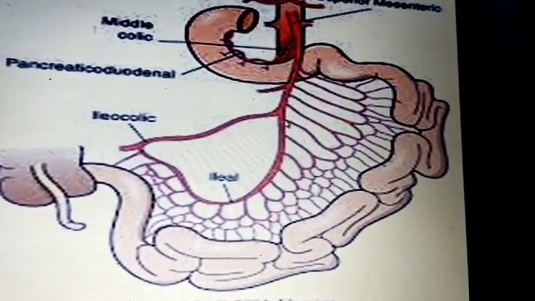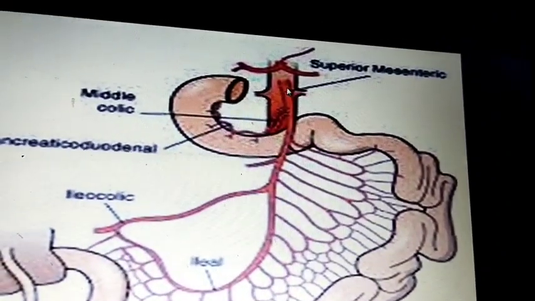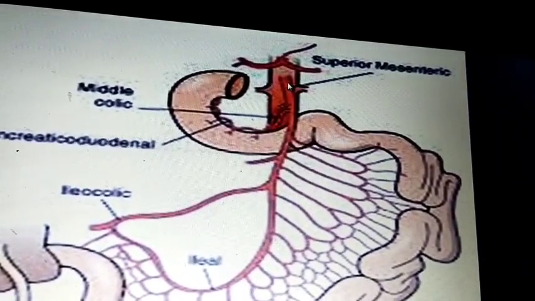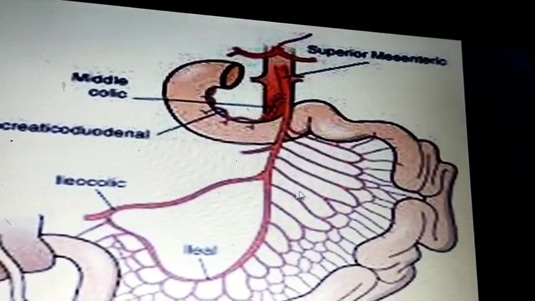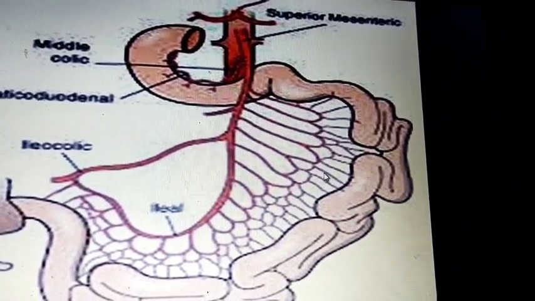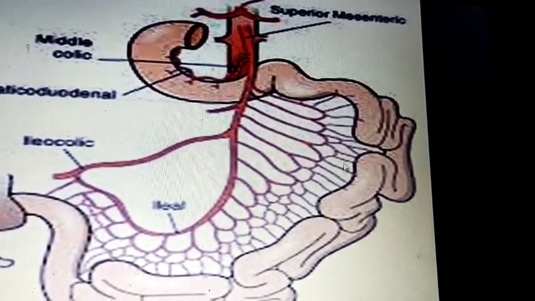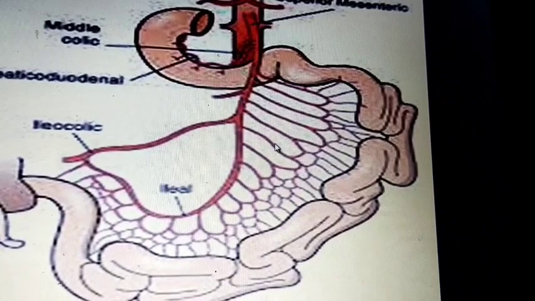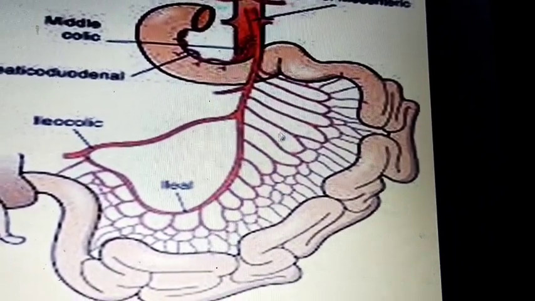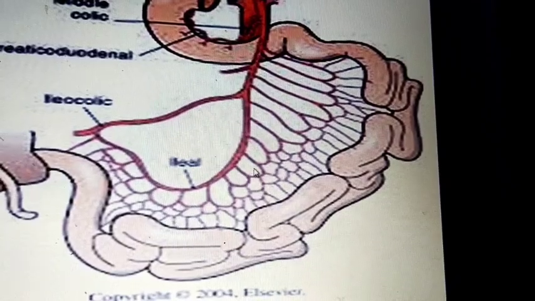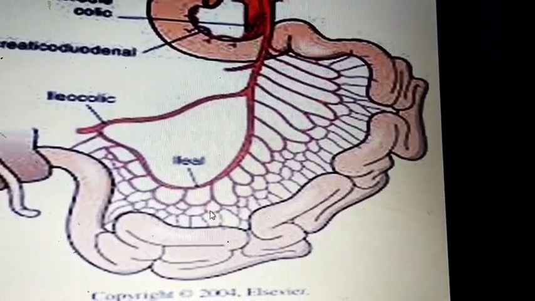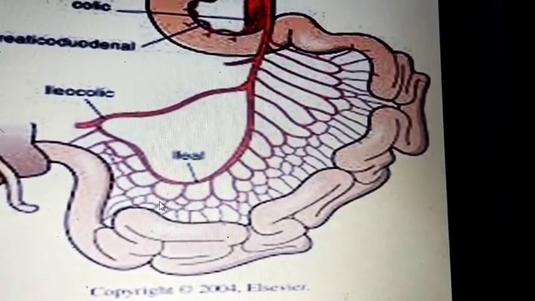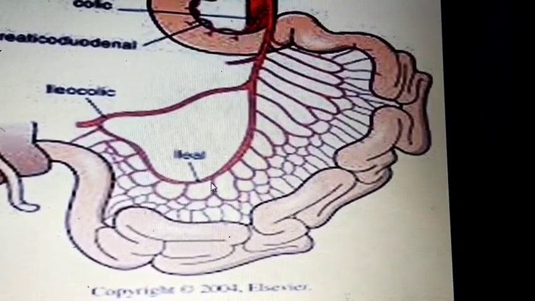In this also, this is the aorta. It is the anterior branch of the aorta, the second anterior branch of the aorta. It is the superior mesenteric artery. And you can see the jejunum here, the vasa recta are more but longer in size. Here the arcades are bigger and larger in size and very less in number. Here the vasa recta are short and arcades are more in number, and lesser in size.